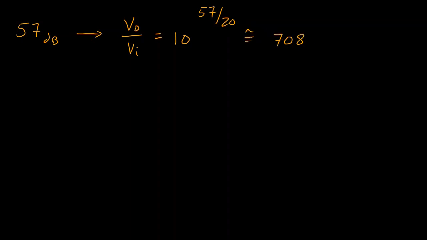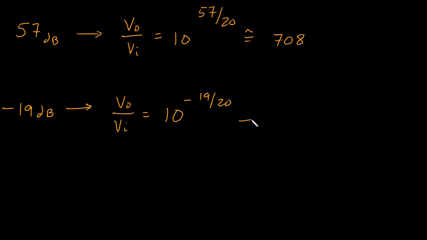Okay, so that's a fairly large voltage ratio. Let's say negative 19 dB. Negative 19 dB is going to give us V out over Vn equals 10 to the power of negative 19 over 20. And that's going to give us something that's approximately